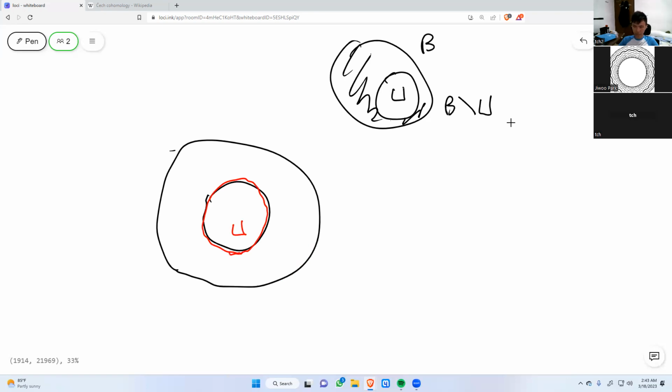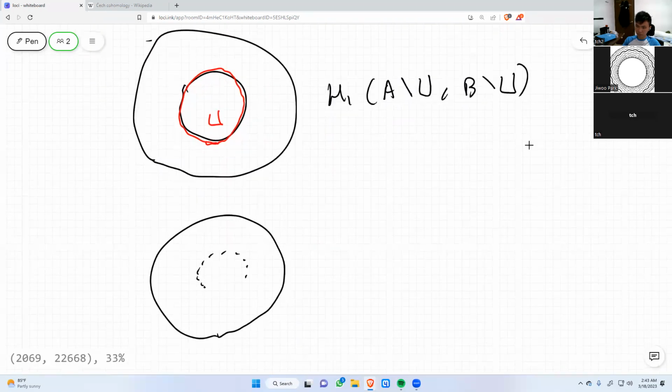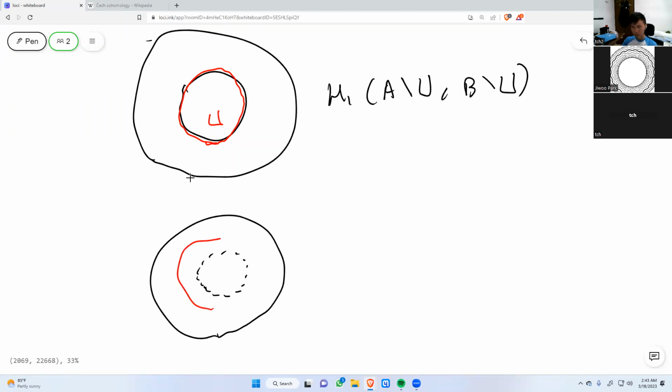Okay. So in this case, we're going to calculate H1 of A union U and B slash U. This would be this and dot, dot, dot, like this. This is one of those weird examples, but hopefully we can make some sense out of it. So in this case, if we look for the elements in this, obviously there's this one. Right, because